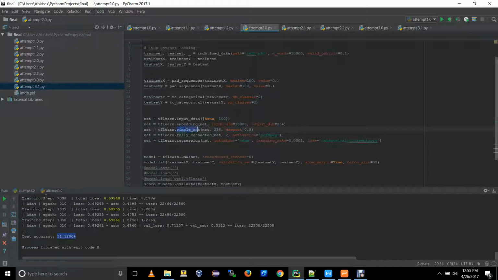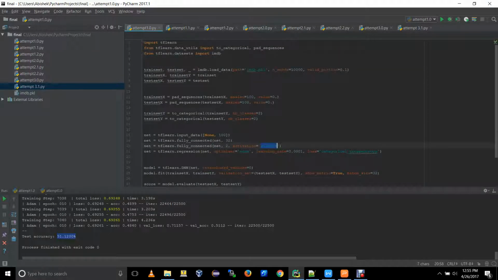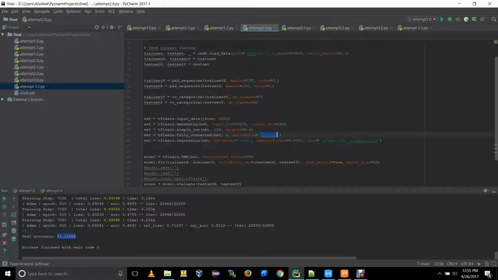Before this simple RNN, I have used an embedding layer. What the embedding layer does is it converts a 10,000 input dimension into a 256 output dimension, and this is fed into the simple RNN. This has a dropout rate of 0.8, and the activation function that I've used here is softmax.